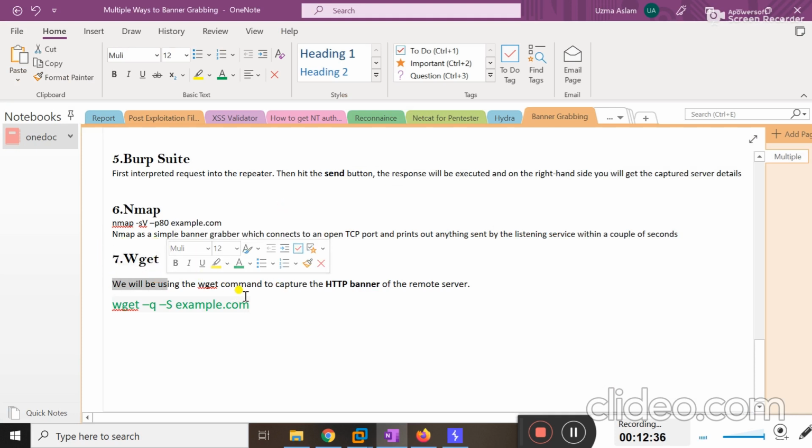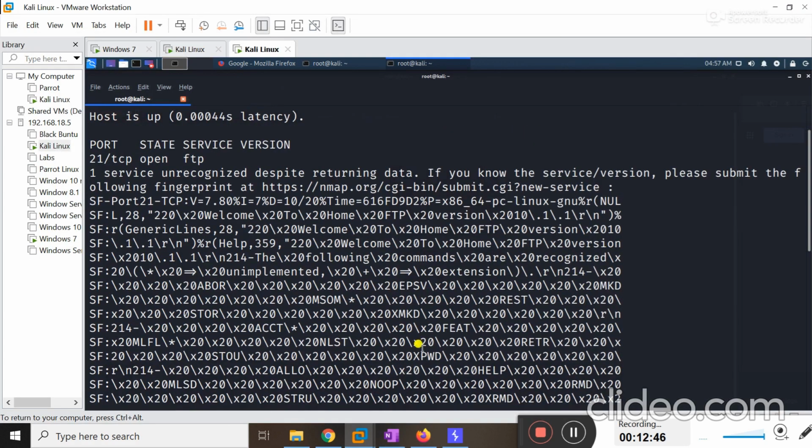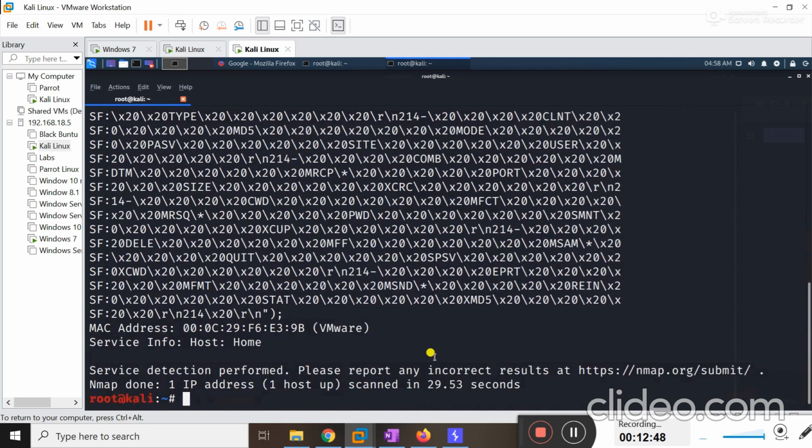Okay, the wget command is also used to capture the HTTP banner. You can follow this syntax. Okay, let me move to the terminal. I'm going to clear my screen.